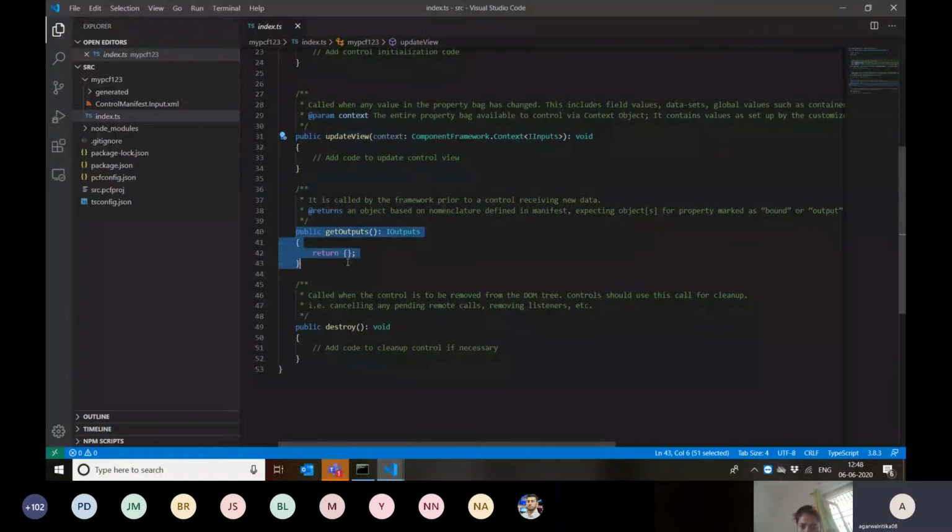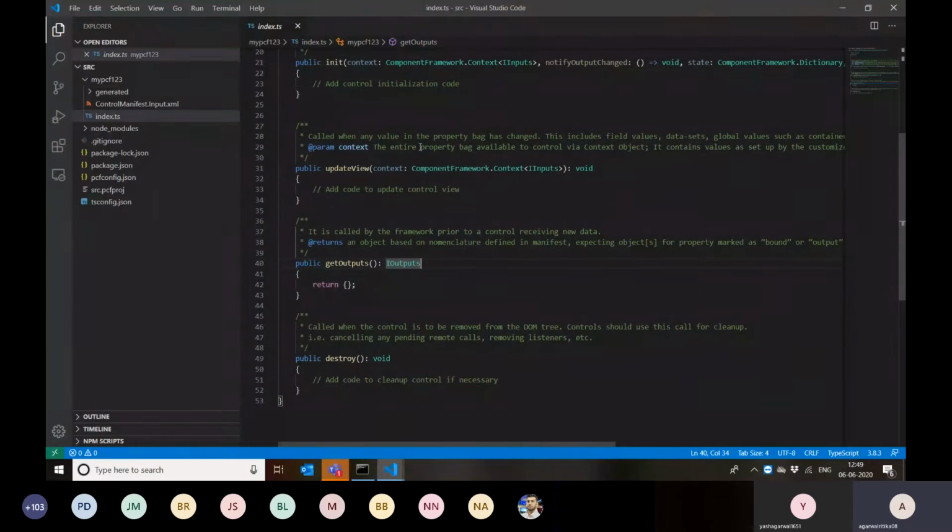Then we have a get outputs function. We have two different types of parameters. It could be an input parameter or an output parameter. In get outputs, we define what value should be returned as part of execution for this PCF. Let's say I have taken an input. This is just a vague example.